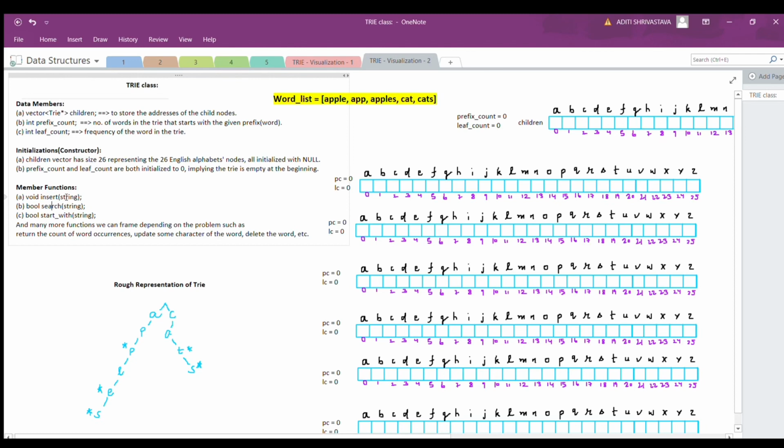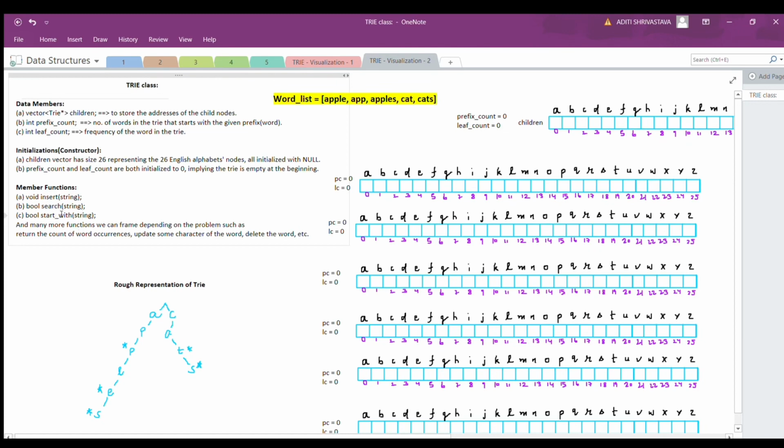So there could be many member functions according to the use cases, such as void insert, that takes a string, that is the word would be given and we have to insert it in the trie data structure. Then the second type of query might be asking for searching of that word in the trie. And the third type would be asking, for the prefix that is given to us, is there any word which starts with it.